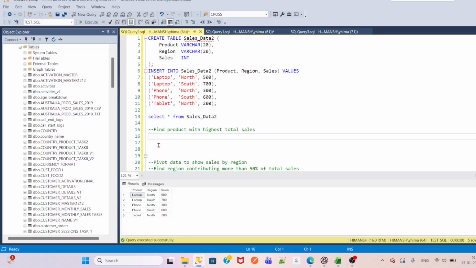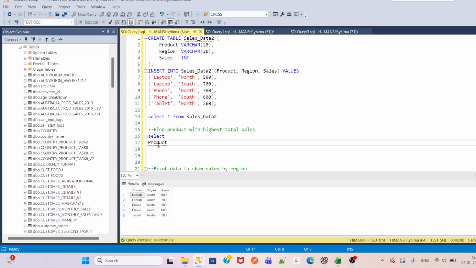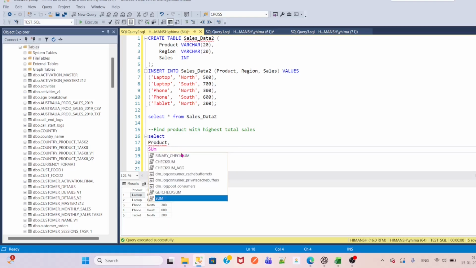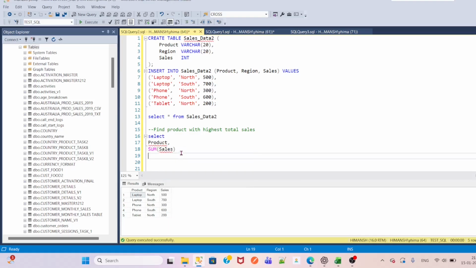So we will move step by step. Let's do that. Select. We will select the product. Then, right now we will go very straightforward and we want to find the sum also. So we will include the sum of what? Sales. From which table? We will paste this table name. Okay, if you run this query,